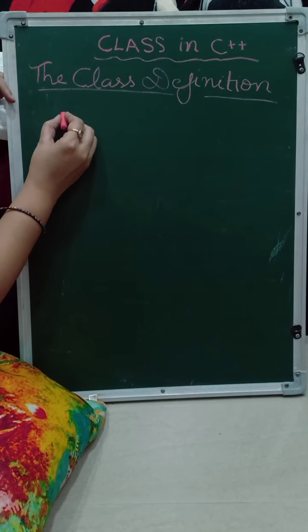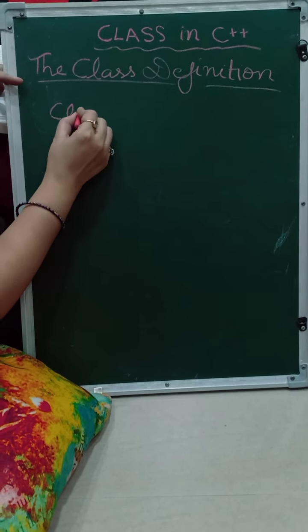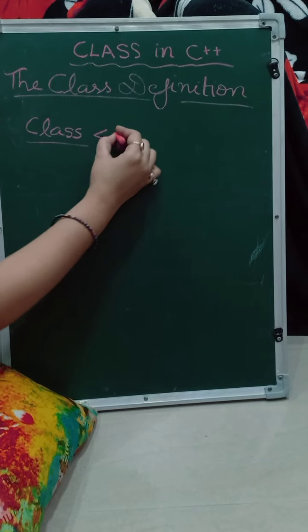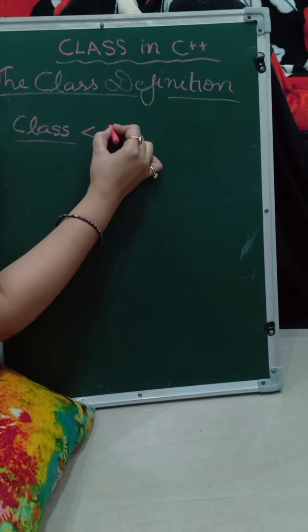So first you have to write the keyword that is class. CLASS. It is fixed. Okay. Now you have to write the name of the class. So I am writing here: class name. So whenever you create a class, you just write the word class, then write the class name. This is the opening brace and this is the closing brace of the class, and use the semicolon to terminate the class. Okay.